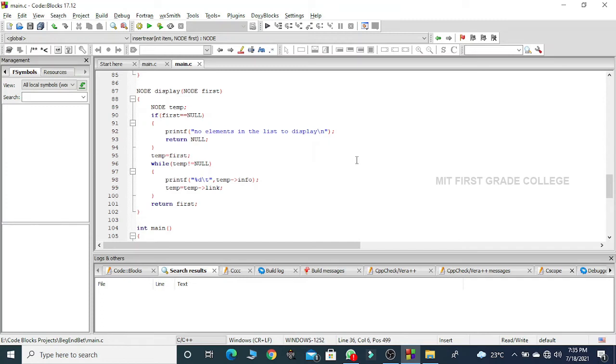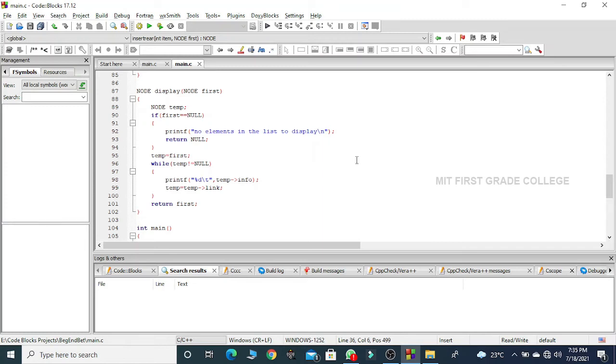If my temp is not equal to null, I enter the while loop. I print the info part of that particular node. After printing, now I have to move to the next node.